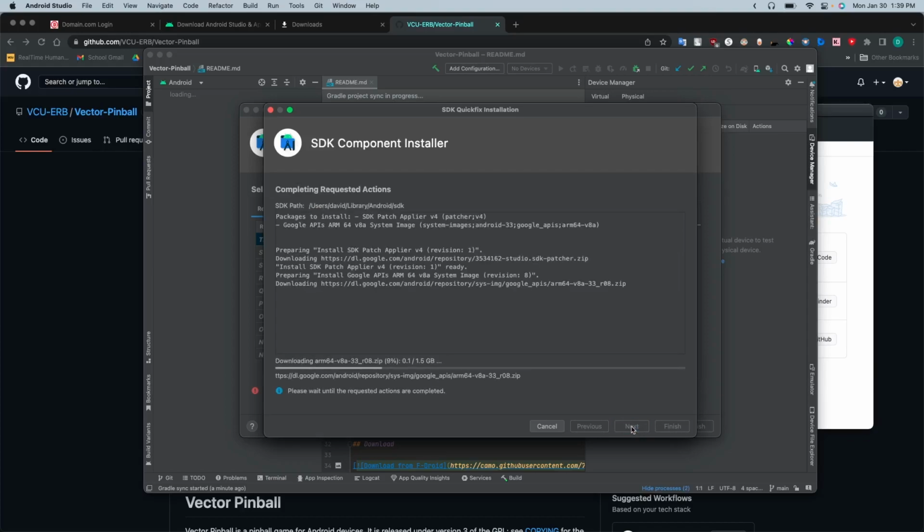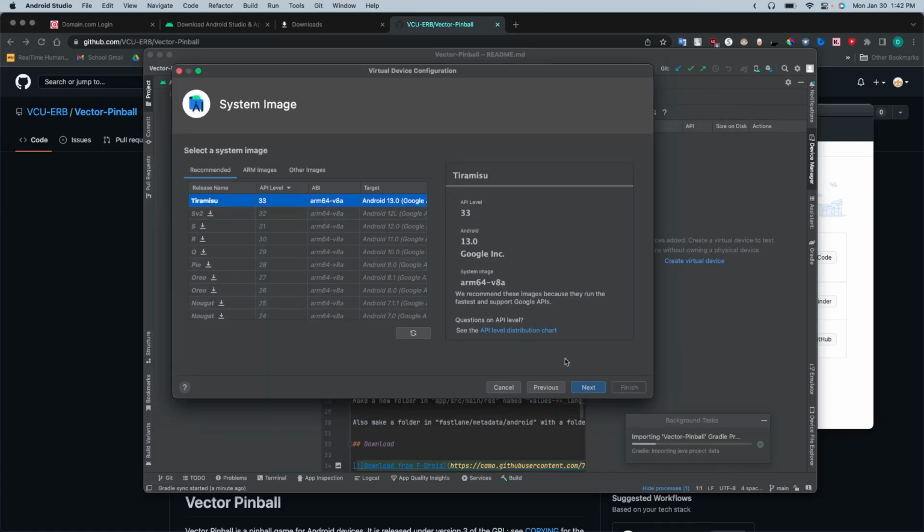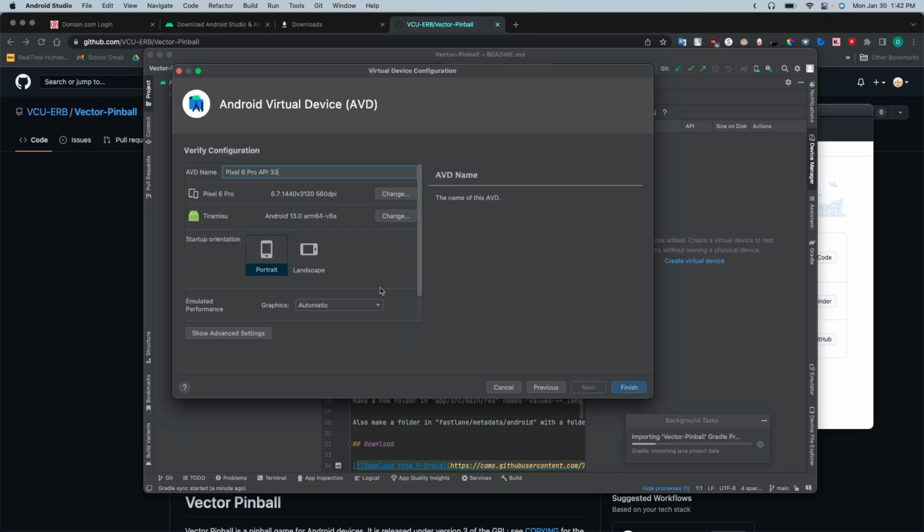This might take a while, but without this you can't see the results of what you're doing. So I highly suggest either using a physical or a virtual device. Once you download it, click next. After it's done,